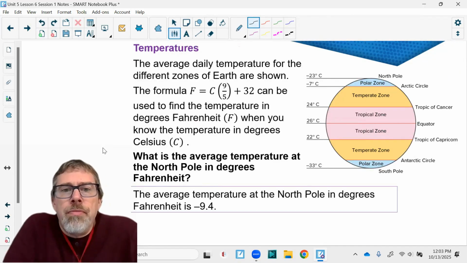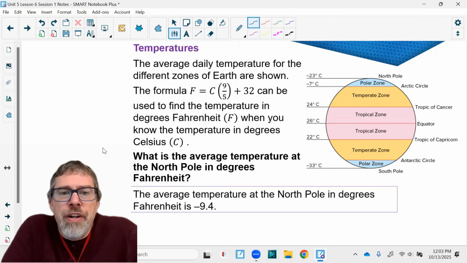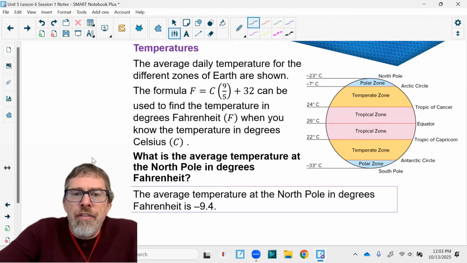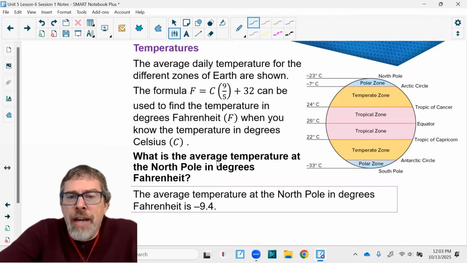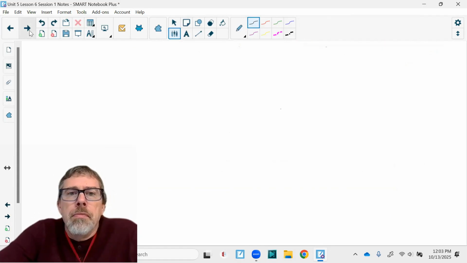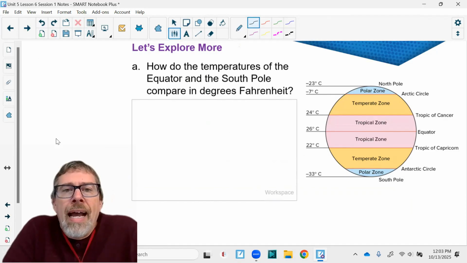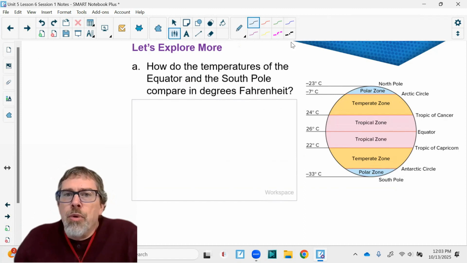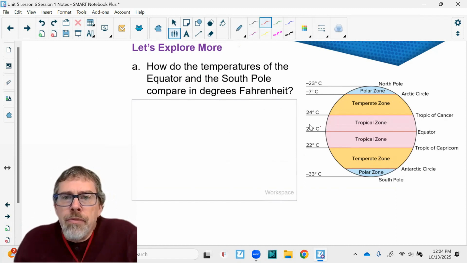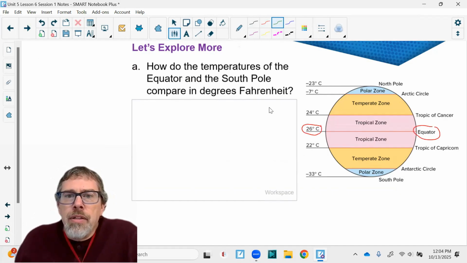Okay, so what is the average temperature at the North Pole in degrees Fahrenheit? Well, the average temperature at the North Pole in degrees Fahrenheit is negative 9.4 degrees Fahrenheit. So then it says, let's explore more. How do the temperatures of the equator, which is right here, and the South Pole